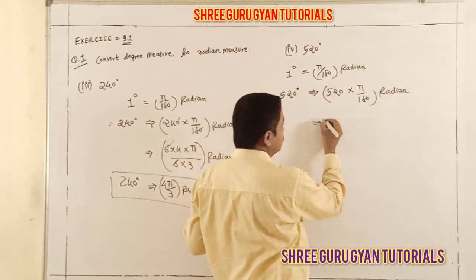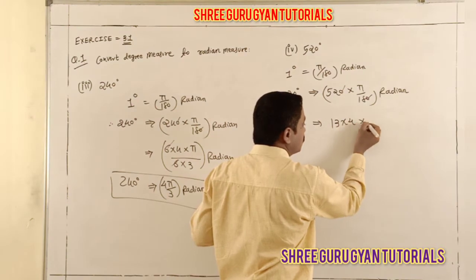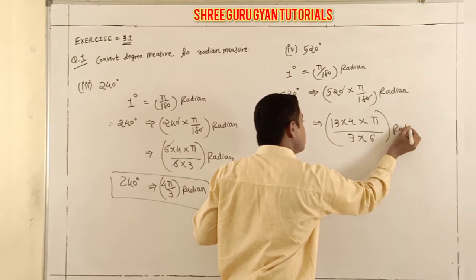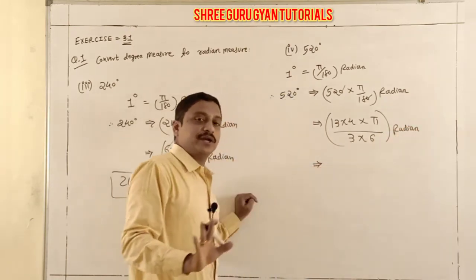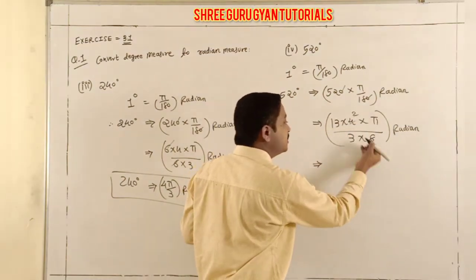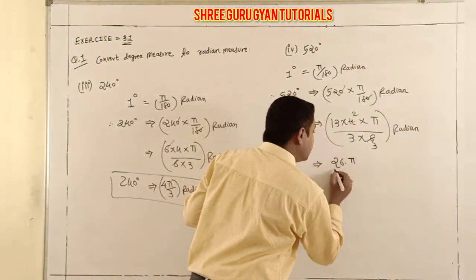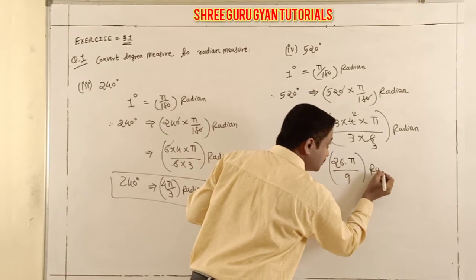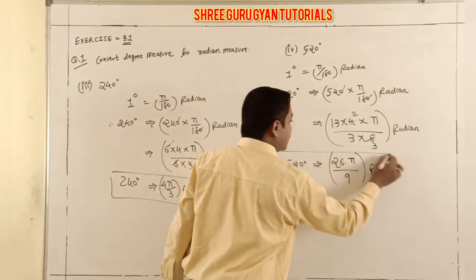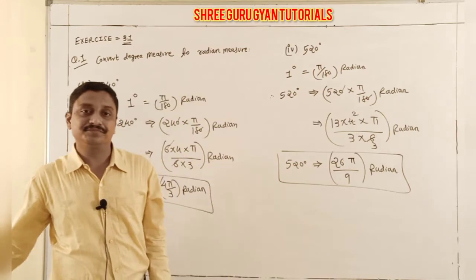And cutting the value, the zeros cancel. 52 is 13 fours are 52 for pi, and here 3 6s are 18 for radian. Students, least to least converted. So here cancellations: 2 2s are, and here 2 3s are. So 13 2s are 26 pi upon 9 radian. And that's your answer for 520 degree. And here you have finished our first question, our fourth one.